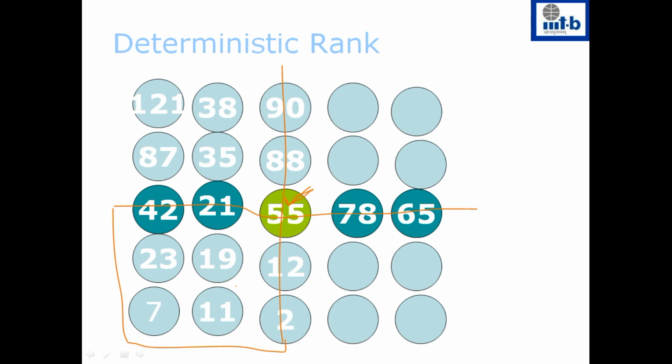If you pick a number here, this 11 is smaller than 21 because the group is in increasing order. 21 will be smaller than 55 because it is on the left hand side. Any number here will be smaller than the number here because the numbers are in sorted order inside the group, and this number will be smaller than the good pivot